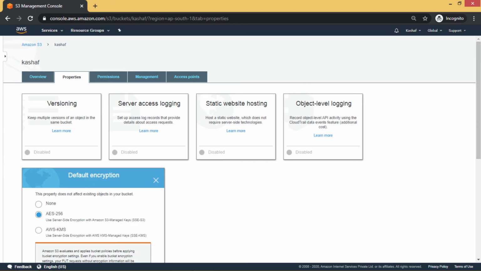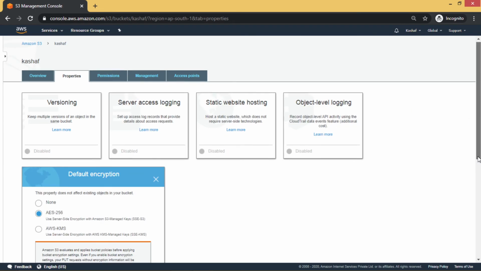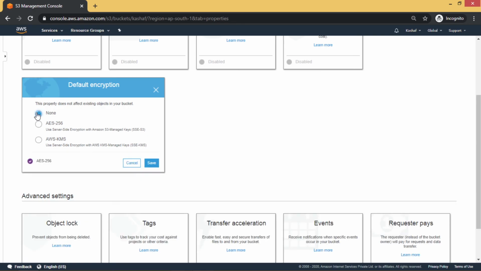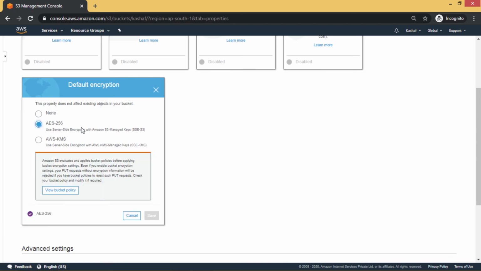When you click on this, you can see we have three options here. None means you don't want to use encryption, so your data will not be encrypted. And AES 256 is nothing but SSE S3.